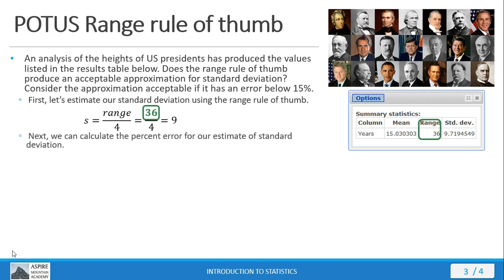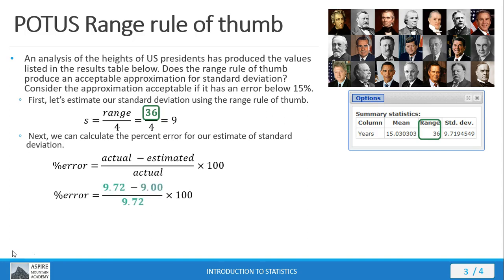The next step, once we have our estimated standard deviation, is to calculate percent error. We do that using our handy-dandy percent error equation here. So we substitute our values in the equation, and notice that this actual value right here we're getting from our results table over here. And of course, this estimated value of 9 comes from our estimate that we made just a moment ago. We punch all this out on our calculator, and then out comes